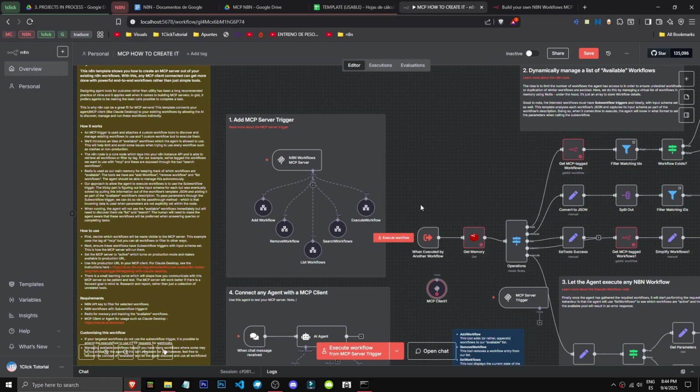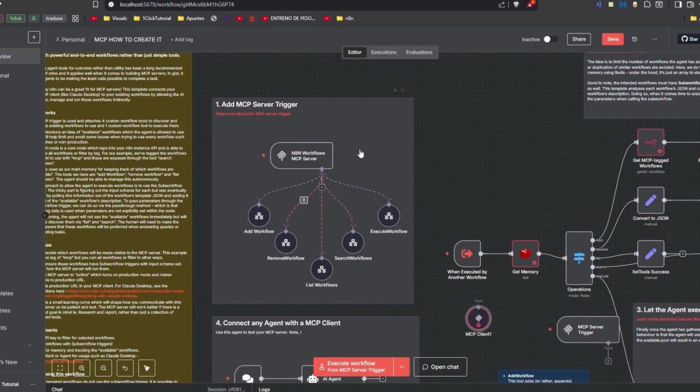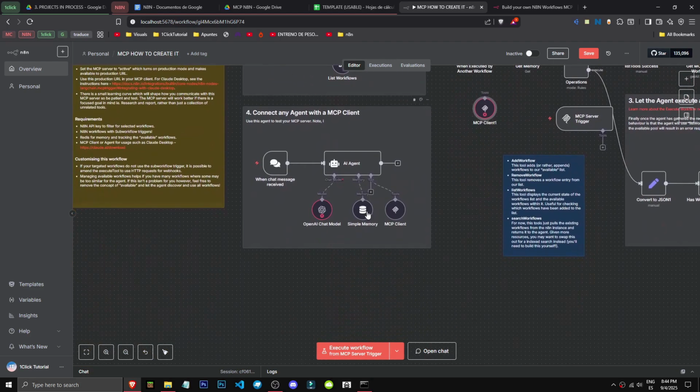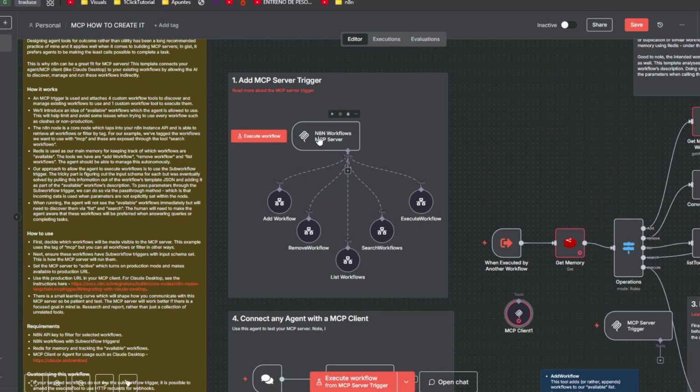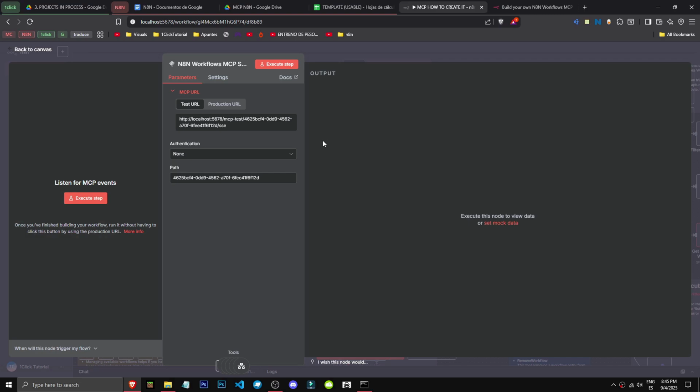MCP server trigger acts as an MCP server within N8N. By adding this node to a workflow, we're opening the door for external AI agents, or MCP clients, to use that workflow as a tool. In other words, it turns your workflow's action nodes into something external agents like ChatGPT or Claude Desktop can use. So how do you set it up? Basically, we add the node, create a new workflow in N8N, and call it MCP server or something similar. When we add the node,